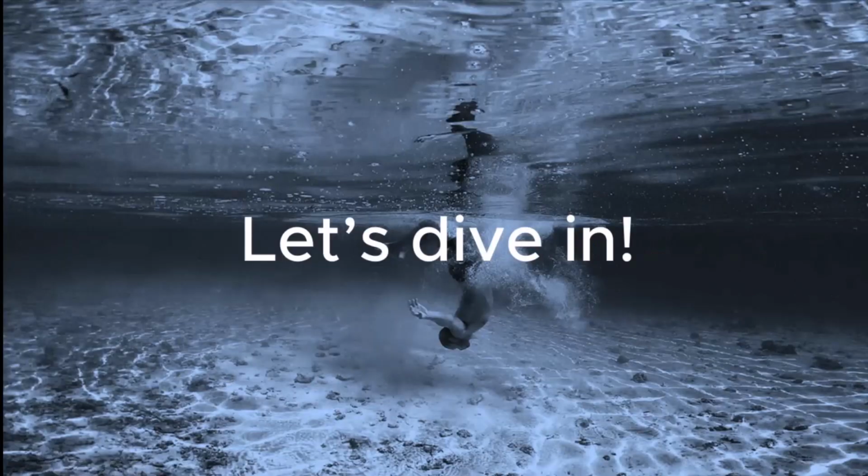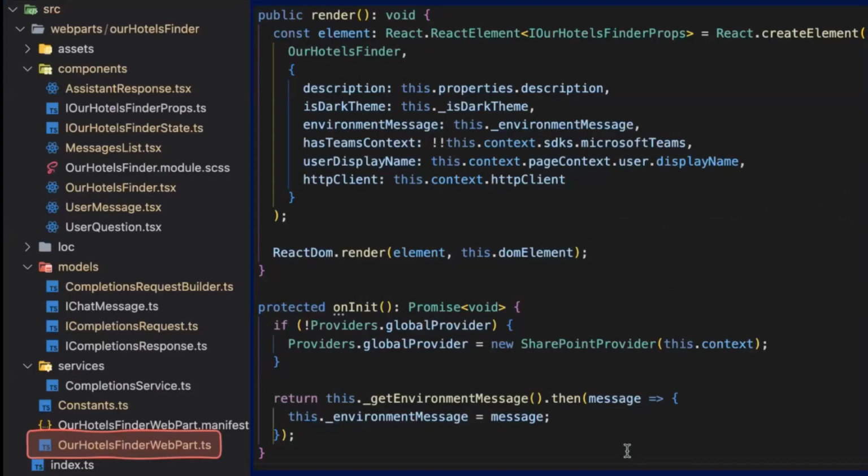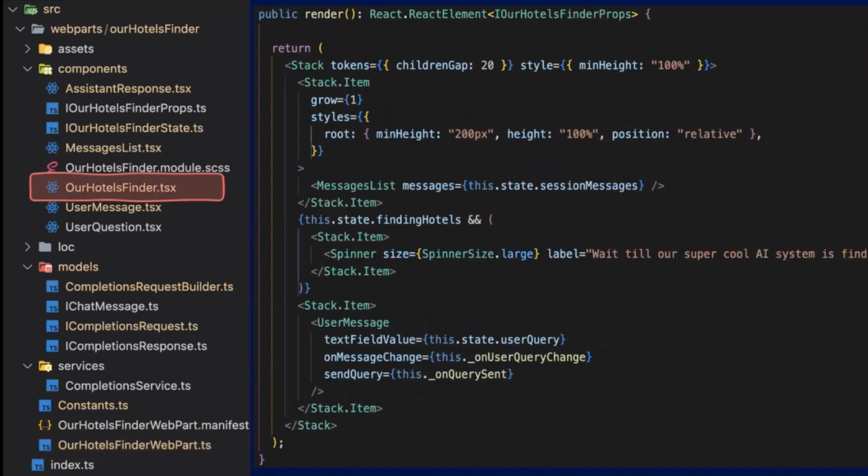Okay, and about the source code, we have the web part, and the web part has a main hotel finder component, a React component. That component is getting the HTTP client from the SharePoint Framework. And also here I'm initializing the Graph Toolkit because I'm using the Persona component to render the current user's profile picture.